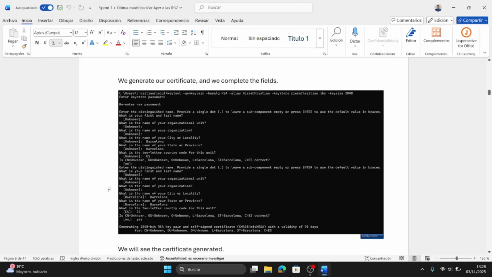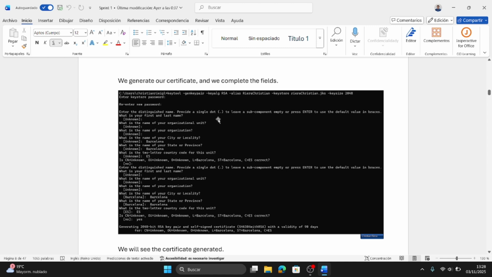Okay, we are going to generate a certificate with KTool, putting this command. We put the alias that can be the name that we want, and the key file that we put the name that we want. Then we enter a new password and we repeat it to protect the file.